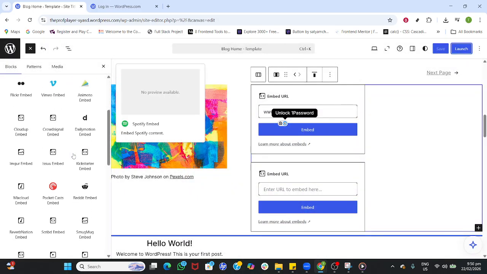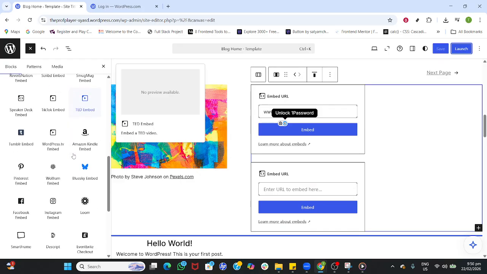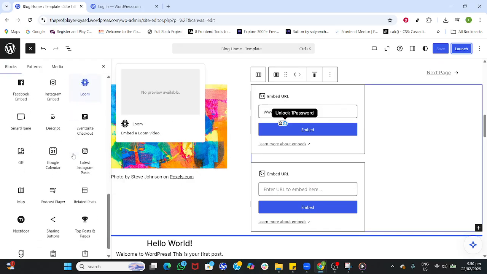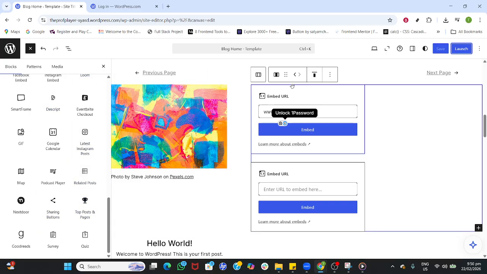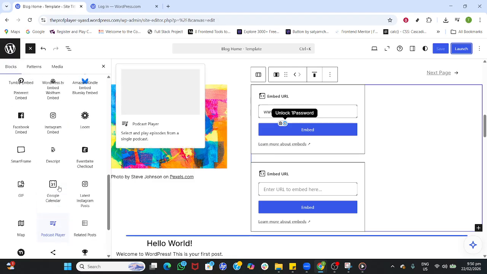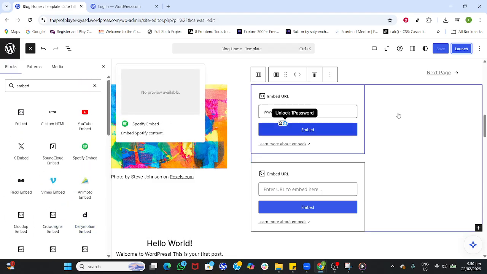Quick tip: if the PDF doesn't display, double-check the link or shortcode, ensure the file permissions are public, and verify that any cache is cleared. If you prefer working in Elementor, the process is similar. Drag in your PDF viewer widget